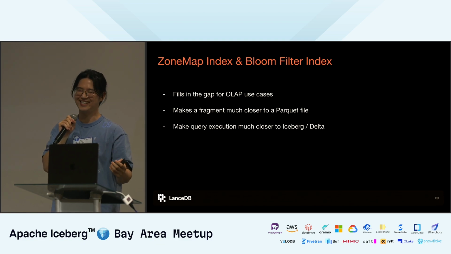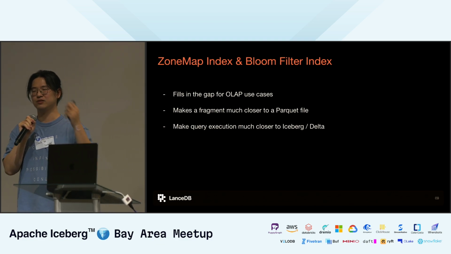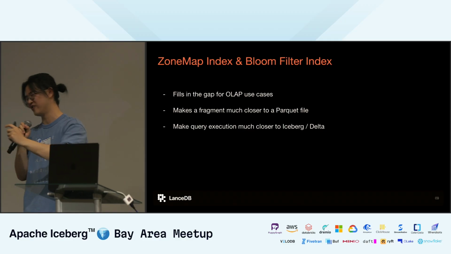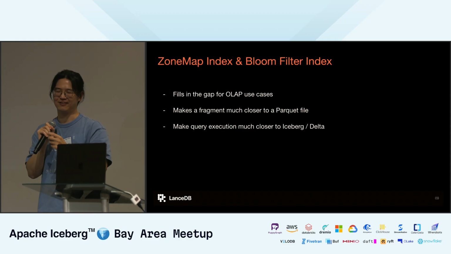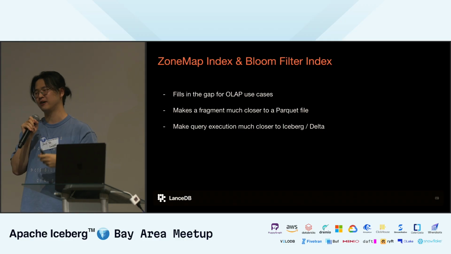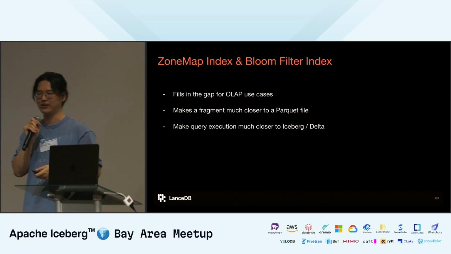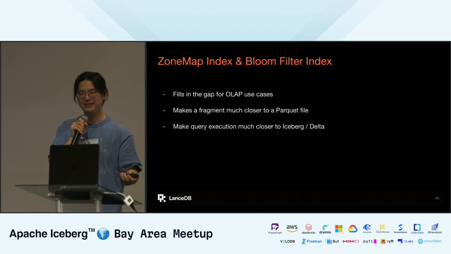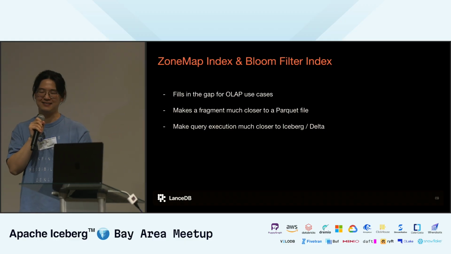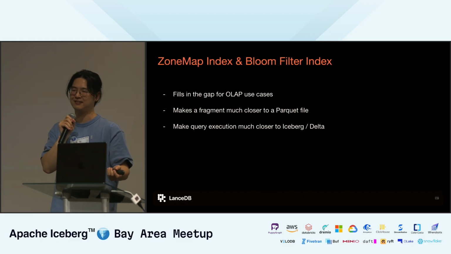Those are what I call exact indexes. So when we link into the index, you want to know exactly which row to query based on the index. That is very good for random access for Lance, but pretty bad if you are using Iceberg. But the zone map index is essentially similar to the index stats in the Iceberg manifest and in the Parquet